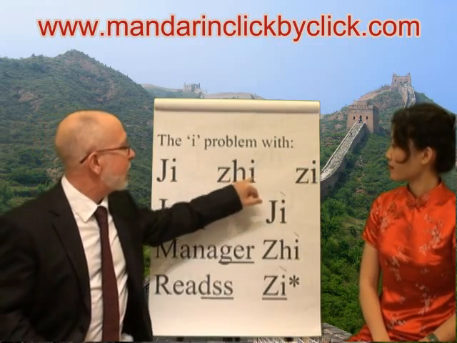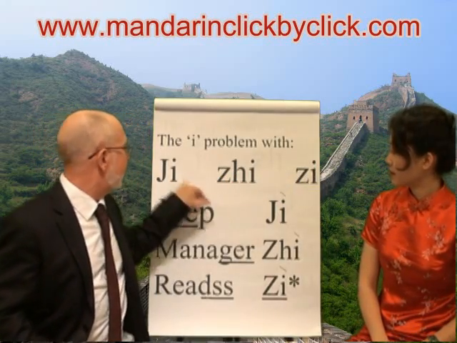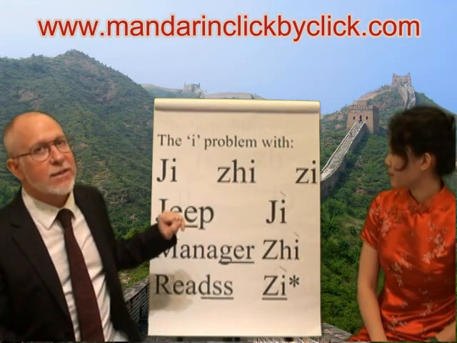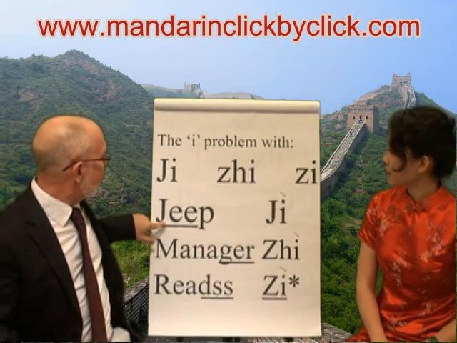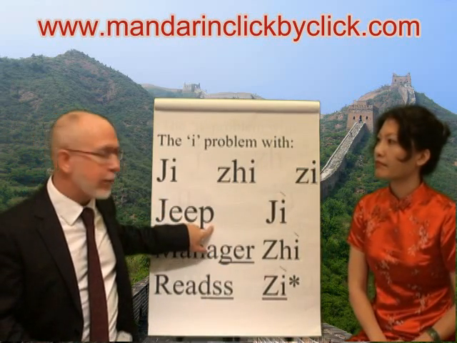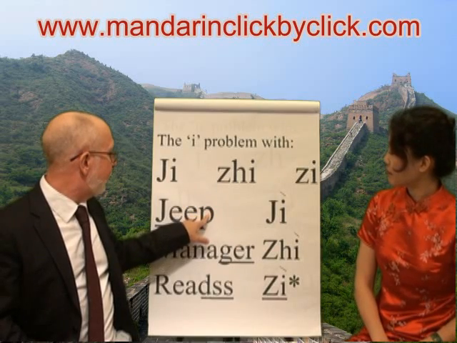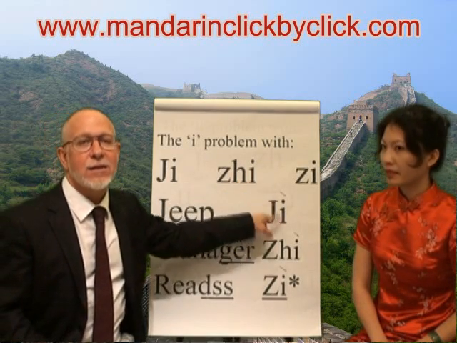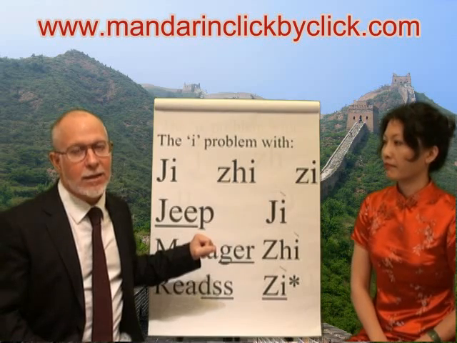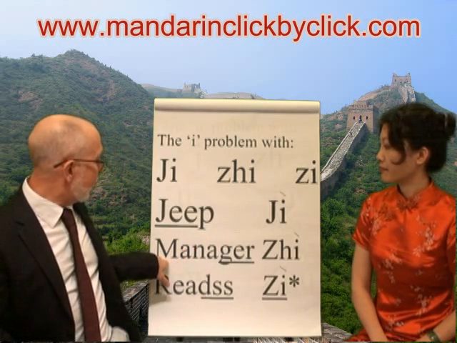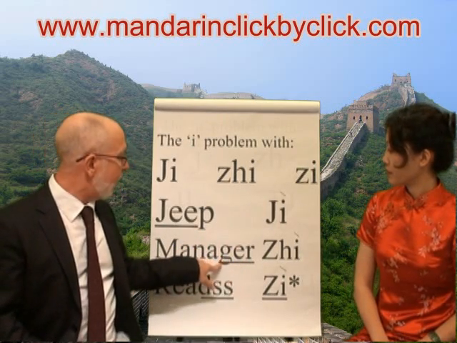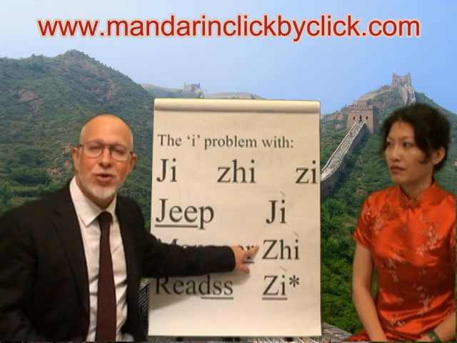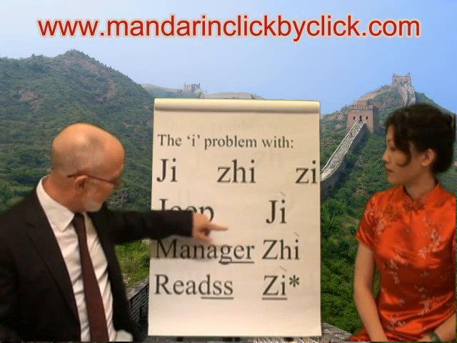Now again, we're back to the old problem of how to pronounce I after J, after ZH, and after Z. Ji, zhi, zi. Almost the same thing that we studied before. All right, so here we have the English word "jeep." We take off the P, we give it a falling tone, and we can say ji in Chinese. We take the word "manager," we have zhi, and we give it a falling tone, we'll say zhi in Chinese. And then down here,